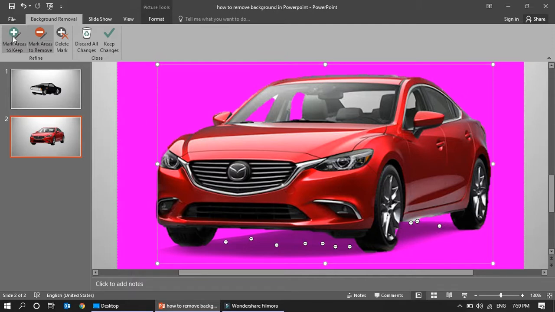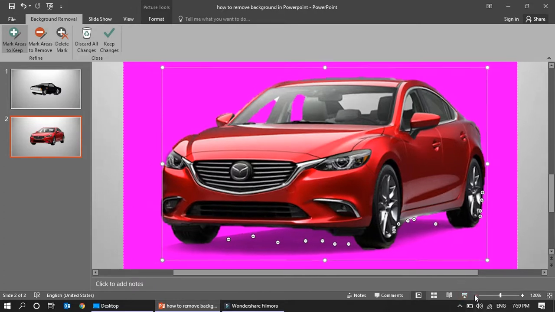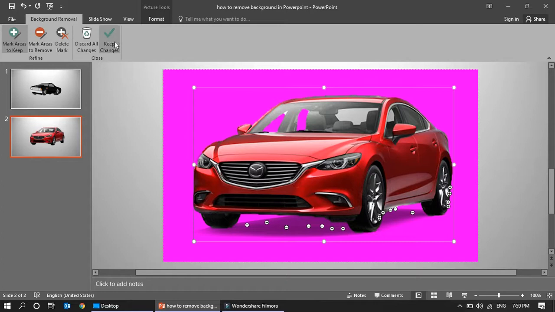So what you have to do is go again to Mark Areas to Keep. Just click on the tire so that it doesn't get removed. And again here I think they have not taken the tires, so I'm just clicking that as well. Wherever the pink area is automatically taken, you can remove it using this option. Once you are done with that, I'm just minimizing again to 100,